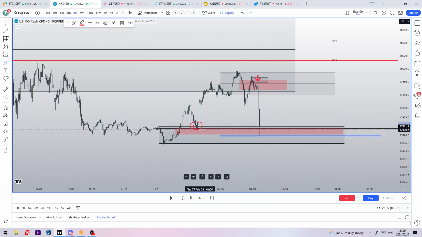We tapped into this level, but notice how we didn't mitigate the 50% of this order block on this move here before we moved away. When you see that happen and you see lows being put in like this, this should ring alarm bells because this becomes liquidity, right? This is why I wanted to see this specific area being run to that takes this out,